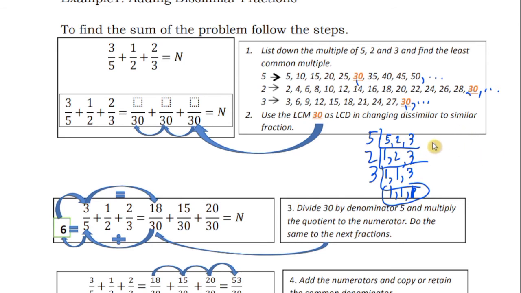in order for us to get the LCM, the least common multiple, or the LCD, to get the LCD, multiply the 5, the 2, and the 3 from this portion here. So the product, 5 times 2 is 10 times 3 is 30. So that is now the way to get the LCM for us to get the LCD. So the LCD now, the least common denominator,